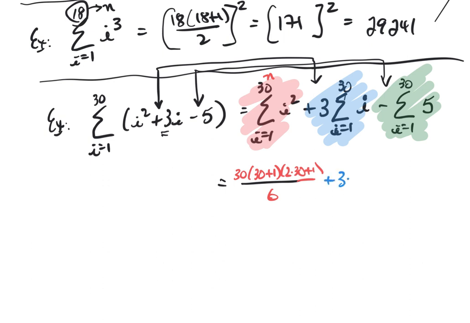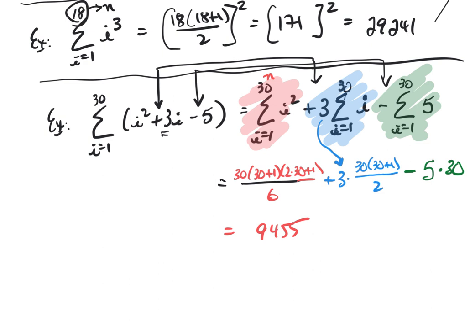Then we're going to add 3 times the summation of a single variable, which is the number on the top, times the number on the top plus 1, divided by 2. And now we just have that extra constant in front. And then finally, we have the summation of a constant, which is the constant times the number on the top, the n value, which is 30. And then we're just going to do 3 individual simplifyings. We have 30 times 31 times 61 divided by 6. So this first one,